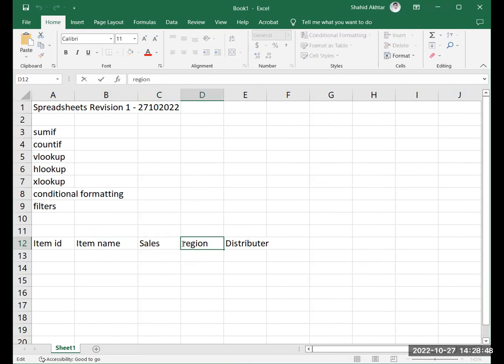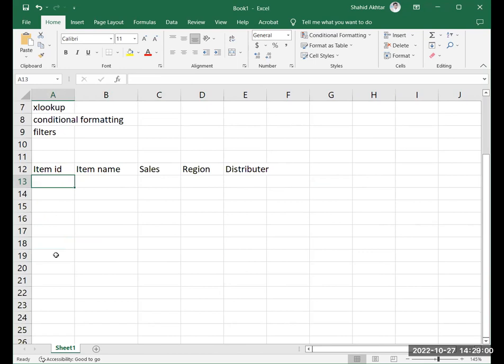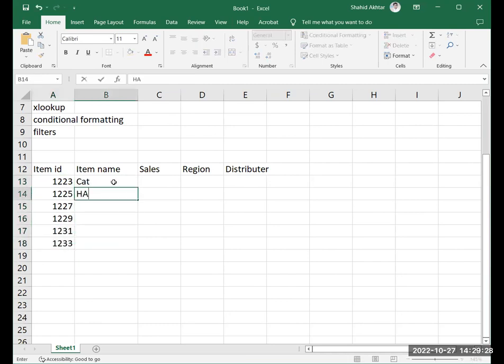Now, Manvi, let's just fill this quickly. Item ID is the key, right? You know what primary key means? Yeah, it's a unique number. Yeah, it's a unique column of data. And you must keep it to make sure that each entry is unique. We'll just put some random 4-digit numbers for all of these. Done. Perfect. The item name, let's just say cat, hat,